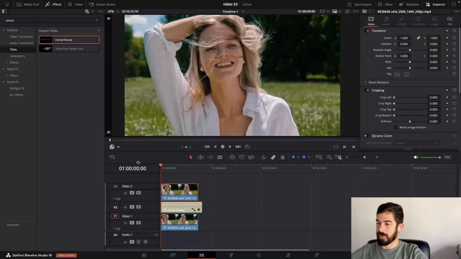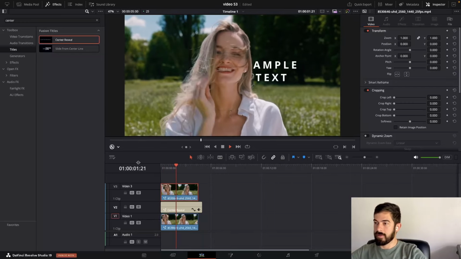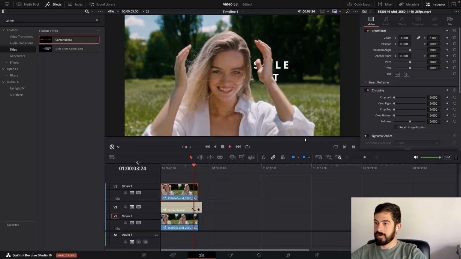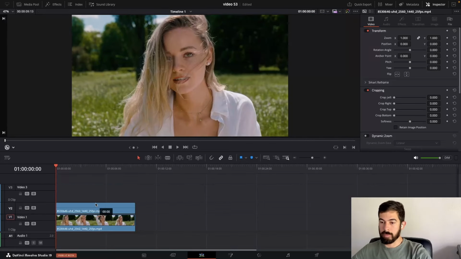How to add a text behind an object in DaVinci Resolve. First thing, you need to duplicate your layer